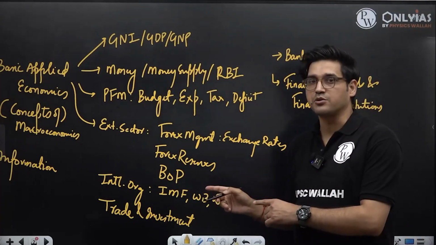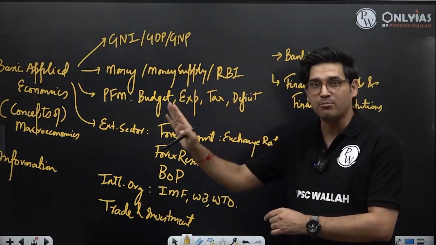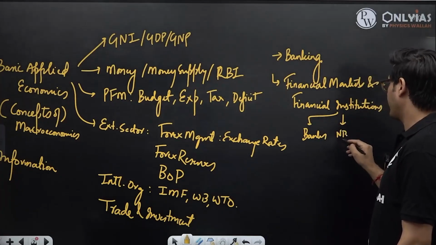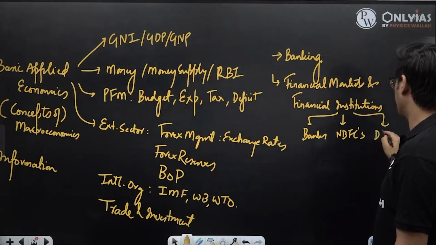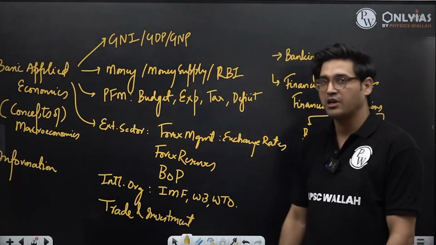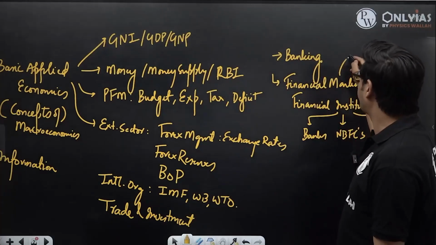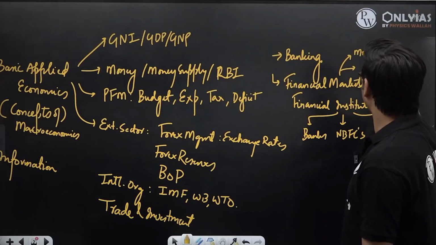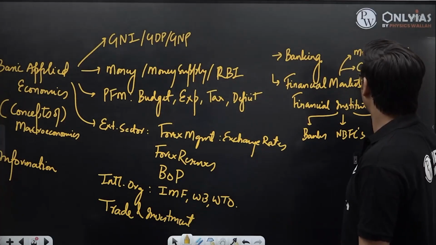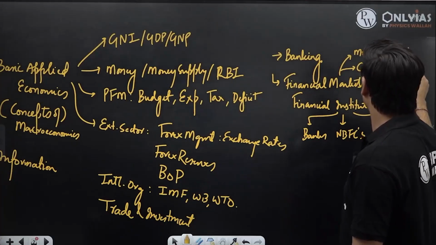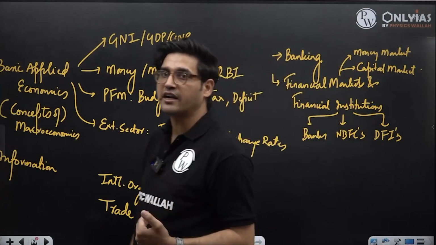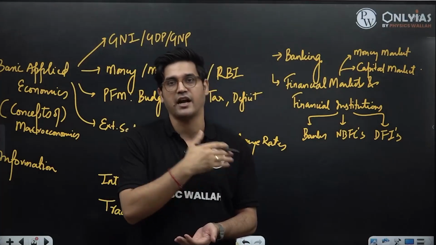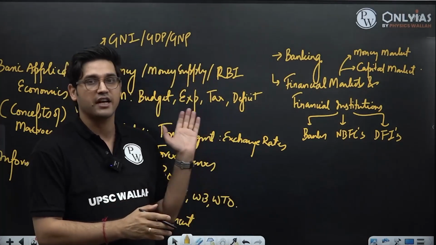Of late, in financial institutions, you will find questions not related to only banks. You will also have to talk about banks, non-banking financial companies, as well as some developmental finance institutions. As part of financial markets, you will definitely have to know about the two financial markets, which is the money market as well as the capital market. And more specifically, money market and capital market, what you need to know here will be the instruments of the money market and its functioning, instruments of the capital market and its functioning, because of late what we have seen is there has been a change in trend.